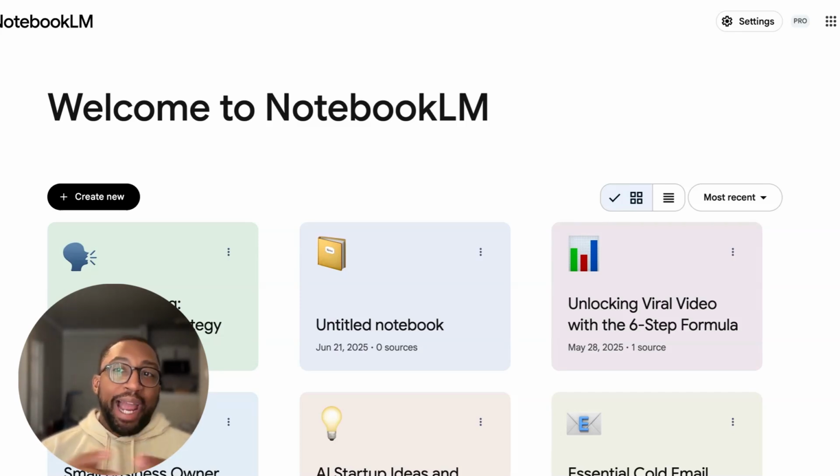So why, or what, is NotebookLM? It's Google's experimental AI notebook. Basically, its job is to help synthesize, organize, and analyze multiple sources of information, working as a virtual research assistant grounded in your documents. Make sure that you're going to